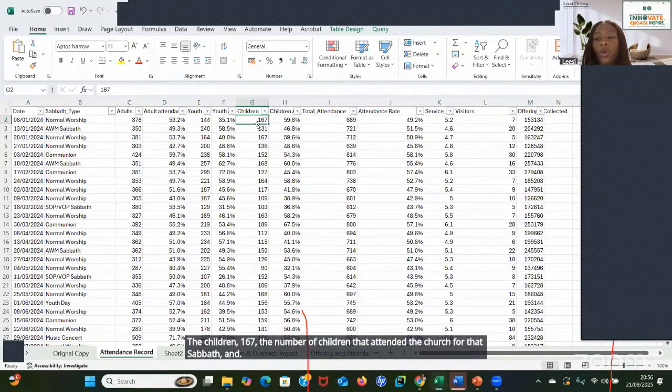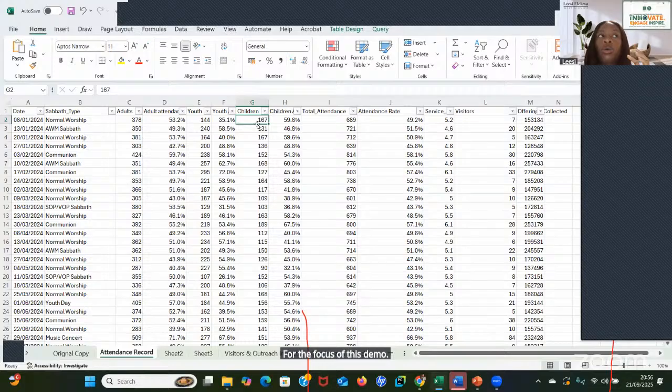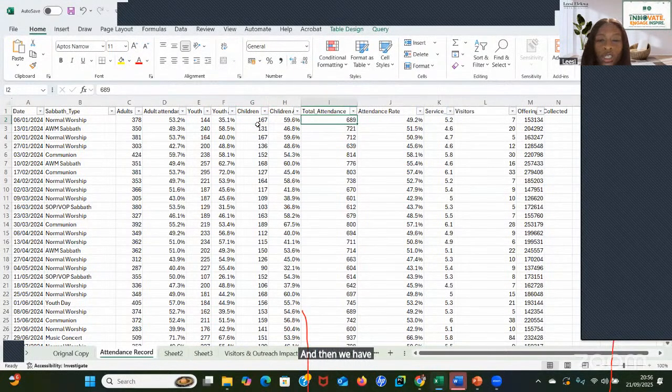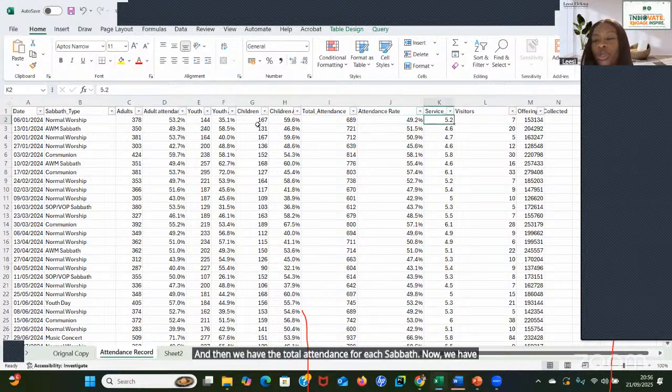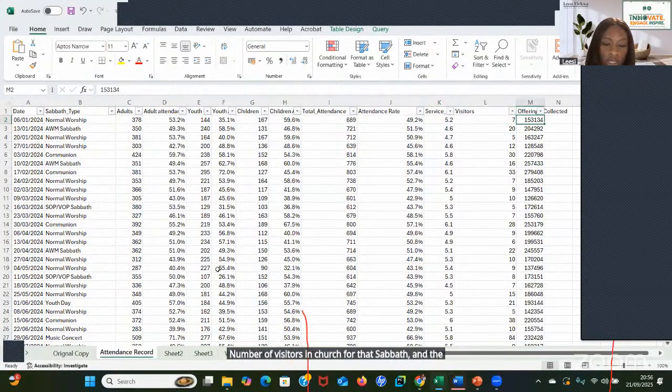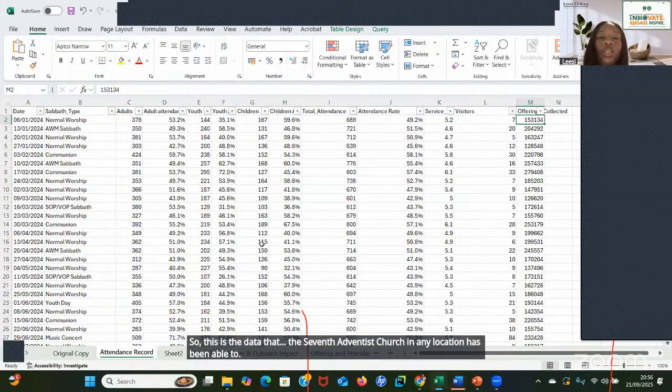And for the purpose of this demo, let us note that the total church membership is 1,400 on the registered records. And then we have the total attendance for each Sabbath. Now we have the service duration, like how long does the service take, number of visitors in church for that Sabbath, and the offering collected. So this is the data that the Seventh-day Adventist Church in any location has been able to gather on Excel